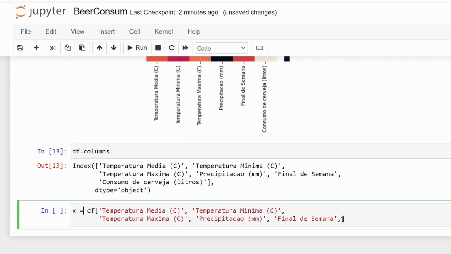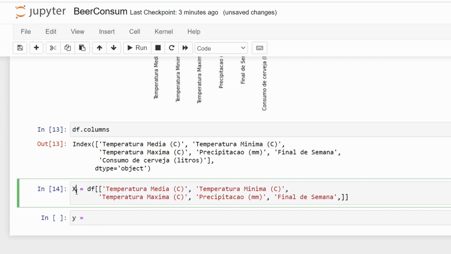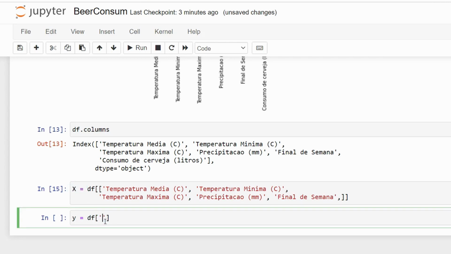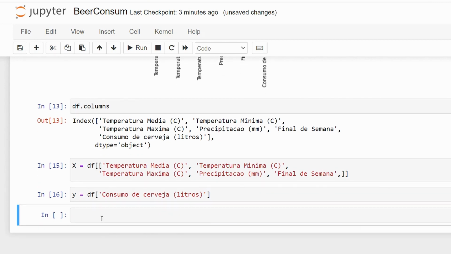But we are giving it columns, not a column. So it should be a two-dimensional array. Okay, it's okay. And y is equal to, let's say X is capital X, y is equal to df, and as you guys can guess, the rows. We got our X and we got our Y. Now we are going towards the pre-processing step.